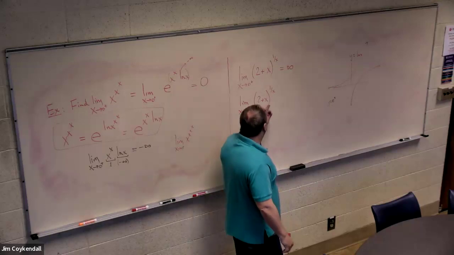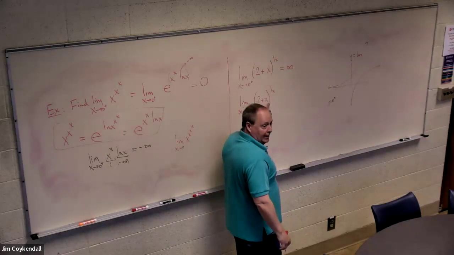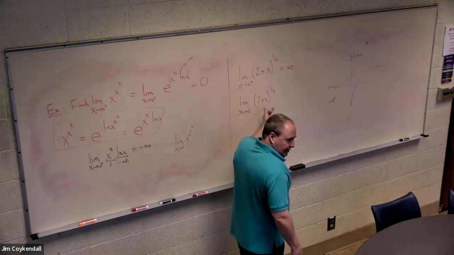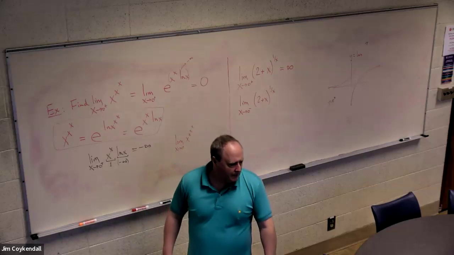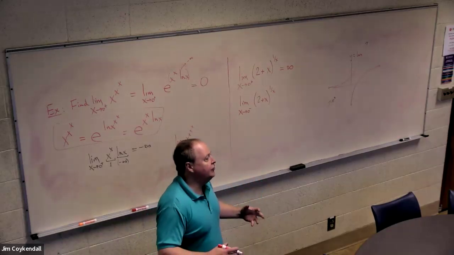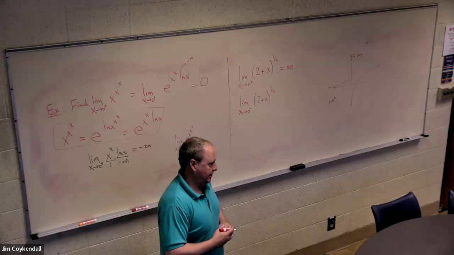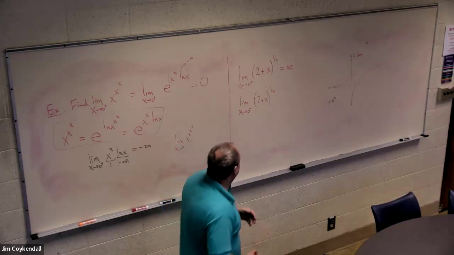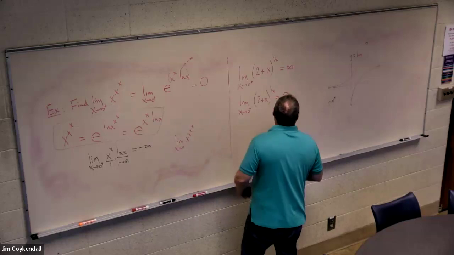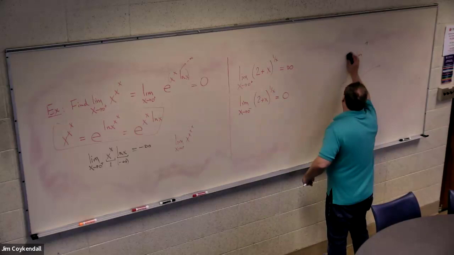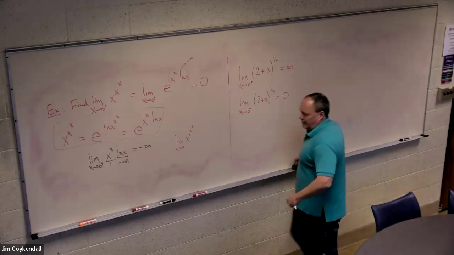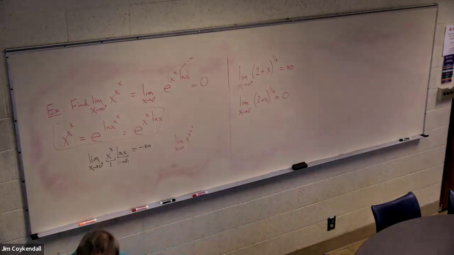This is very similar because the base again is getting very close to two, right? What's happening to the exponent? It's a huge, huge, huge negative. What happens when you take two to a more and more negative power? Right, this is actually going to zero. What about this? Let me change this a little bit. What if I go,